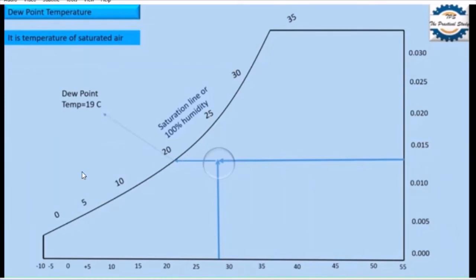Please make a note in your book. Once we know the value of dry bulb temperature and the value of specific humidity, with the help of these two properties, we extend them in the chart to give an intersection point. This intersection point is extended further straight up to the saturation curve to give you the value. That value will be the dew point temperature. Please note down and write down this diagram.